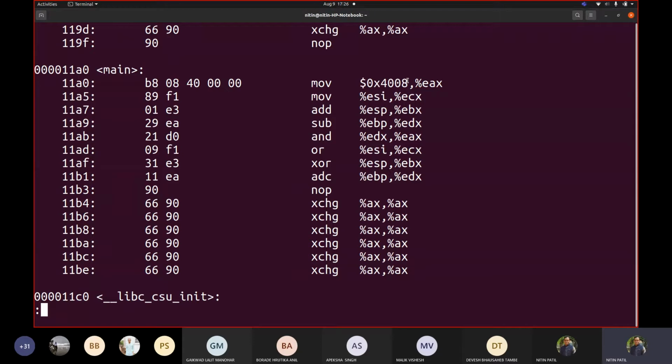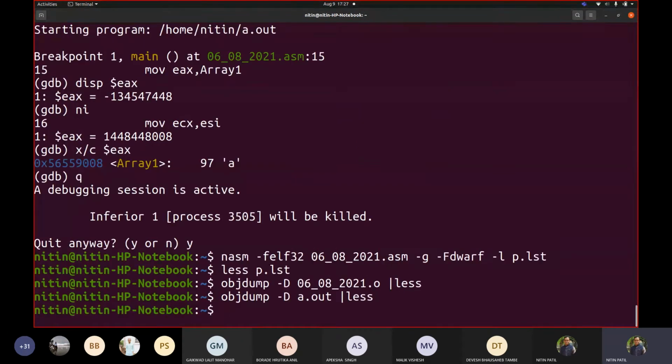Somewhere it definitely would be defined, whatever the array 1 variable is, like the variables that we wrote, and the address computed for it is 000011A0. This is the complete address that it got. When we are saying that this would be at runtime, ultimately these kinds of bindings are to be tracked by us as system programmers.